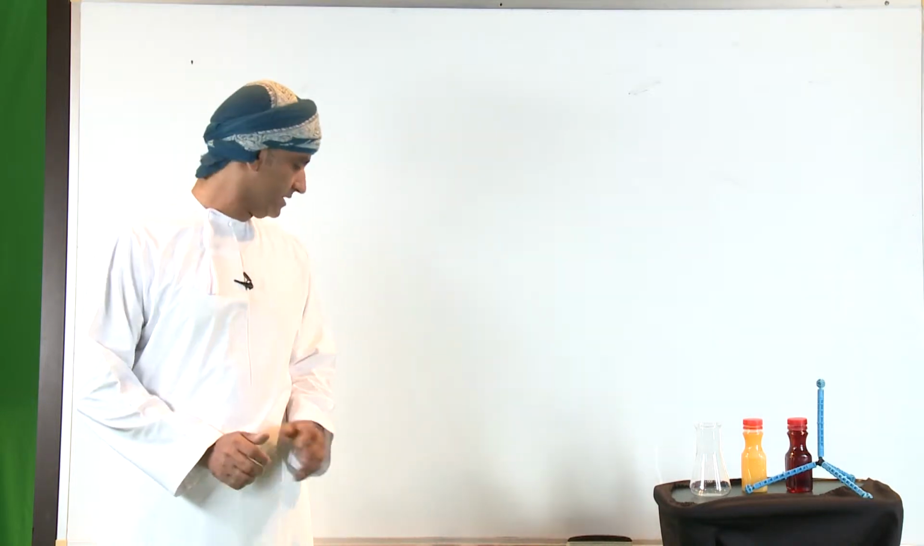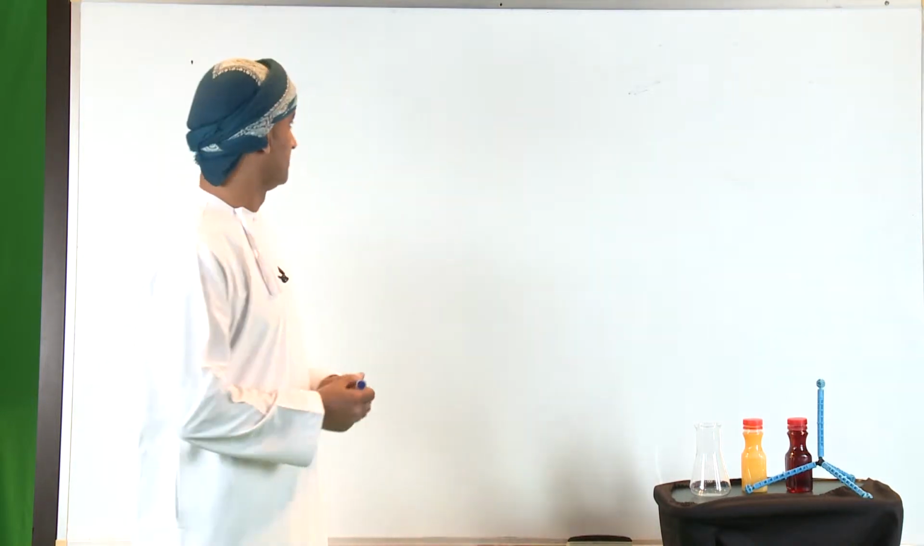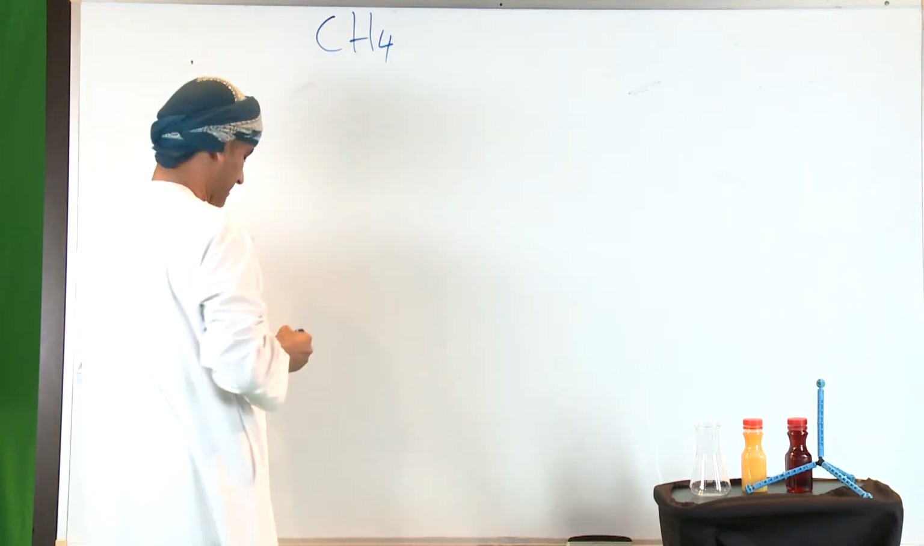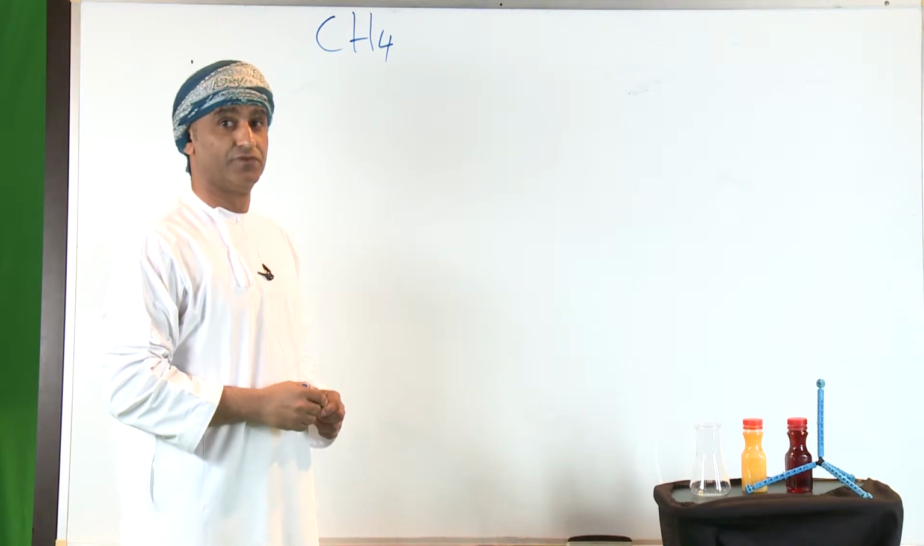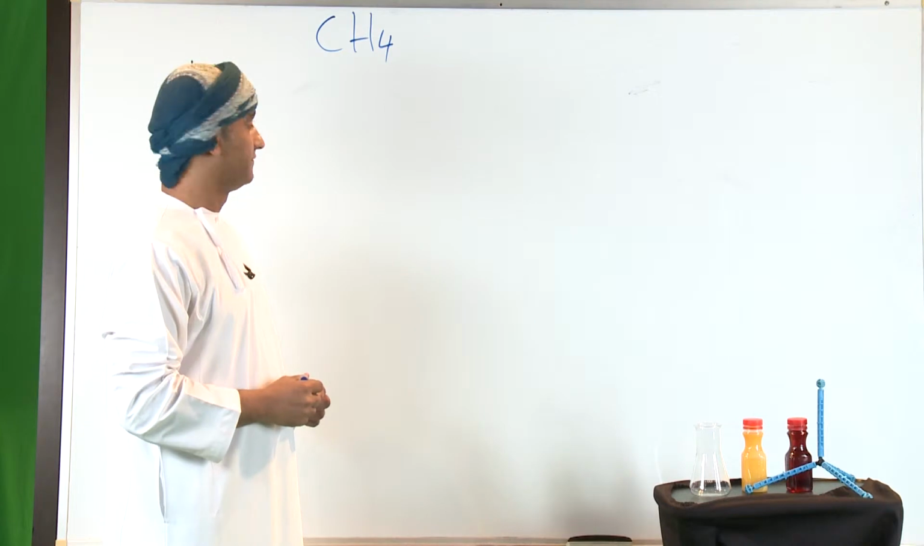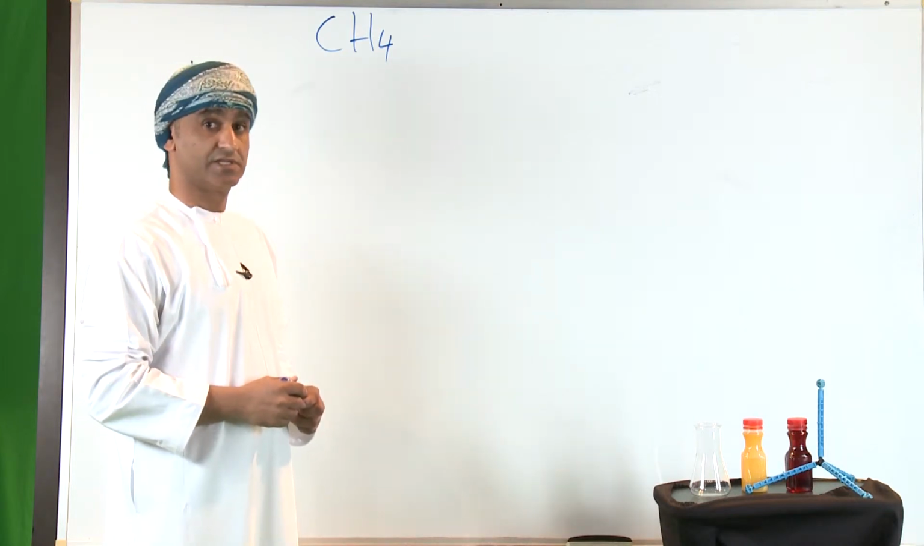Let's take, for example, the simplest alkane possible, which is methane. Methane has a chemical formula of CH4. In order to draw a Lewis structure for methane, we need first to calculate the total number of valence electrons